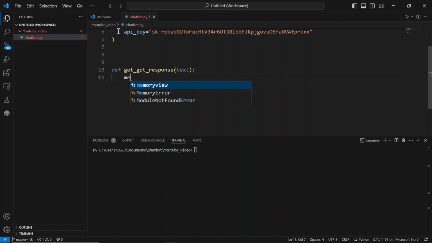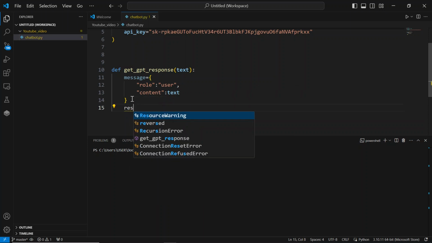Now we have message equals, and we make the message a dictionary. We have role, we have user, and content. Now this content will be the input text, right? If this is something, then our response